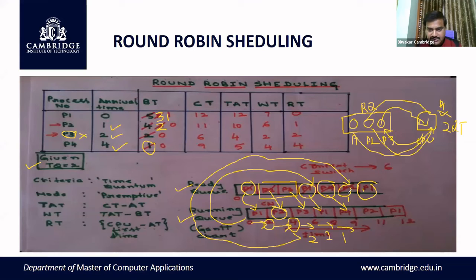Now the P2 process you're going to execute for how many units? 2 units, because still 2 units are there, and it is over. Now 0. Now this is over, right? Now here at time 11, has any process arrived? No, right? Now at the end, only 1 unit you have, and you're going to execute this process. Right, this is the end of this.